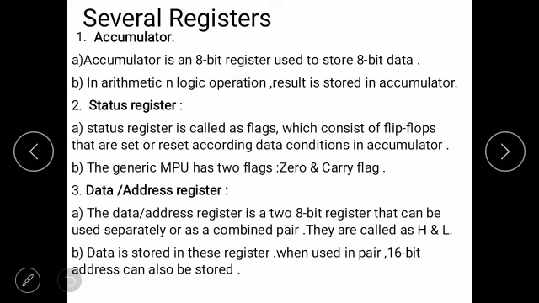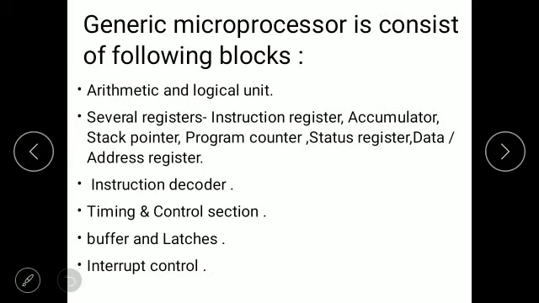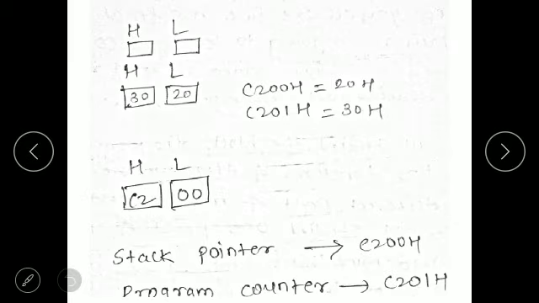They are called H and L. Means H and L separately you can use, or as a pair also you can use for storing your data. Second, data is stored in this register. When used as a pair, a 16-bit address can also be stored. If you see one example, here is your H and L register.